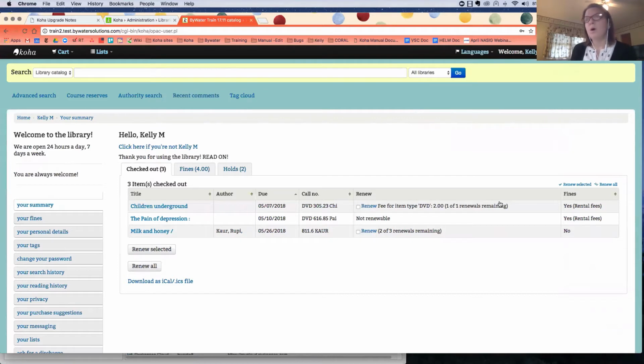Now on the OPAC, we now have the ability to see when something has a rental fee associated with it. It tells you in your checkout summary, so when you go to renew, you're aware that there is a rental fee. So now this enhancement allows patrons to be well aware of something they're renewing, and that charge will be